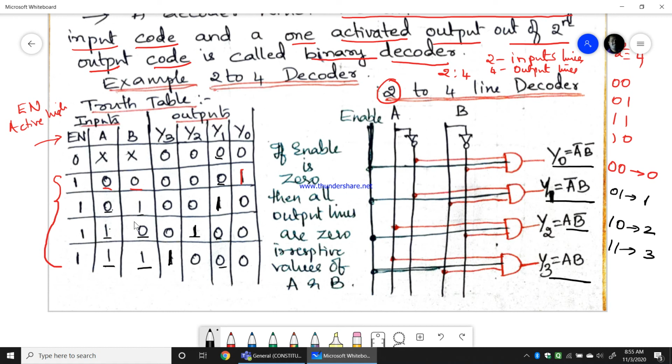Now meanwhile I should also connect the enable. Enable is also very important. If enable is 0, you can see here, 0 is given to every AND gate, therefore the output of each AND gate will be 0 because 0 is given directly here. If enable is 1, then this black line what you see will be 1. If enable is 1, all this black line will be 1.